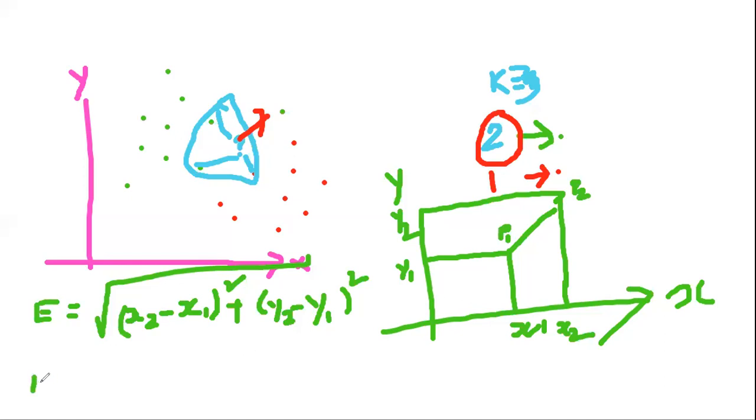Another metric is the Manhattan distance method. To calculate the Manhattan distance, here it is a simple thing. The formula for calculating the Manhattan distance is mod of x2 minus x1 plus mod of y2 minus y1. Whatever metric is preferable to you to calculate the distance between 2 points, you can use that method. So these are the two distance metrics to calculate the distance between two different points.